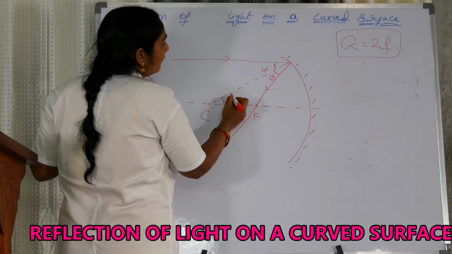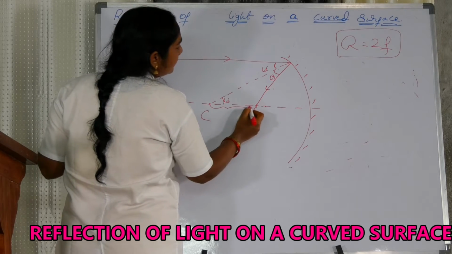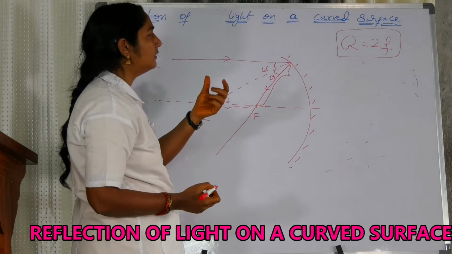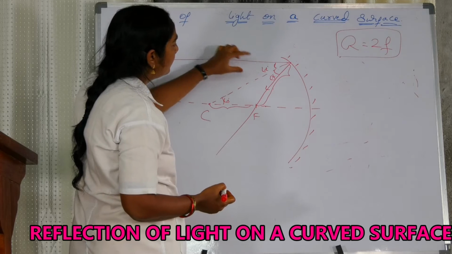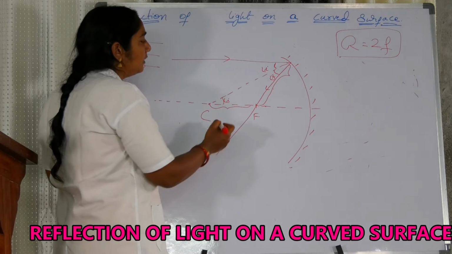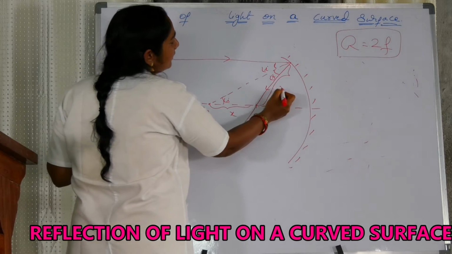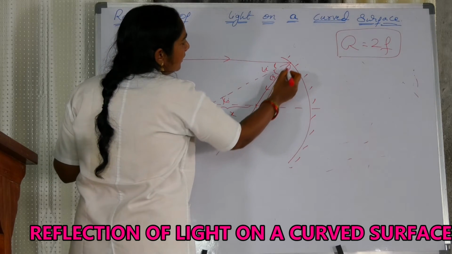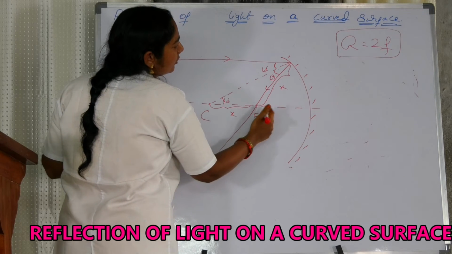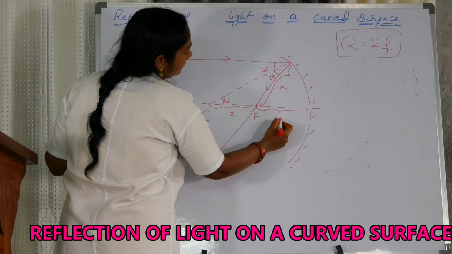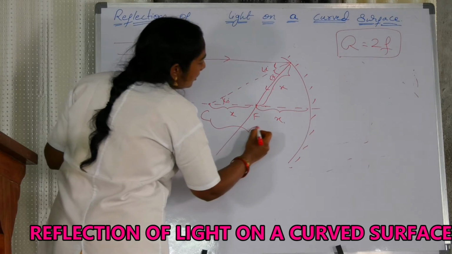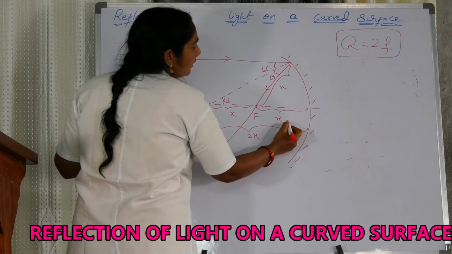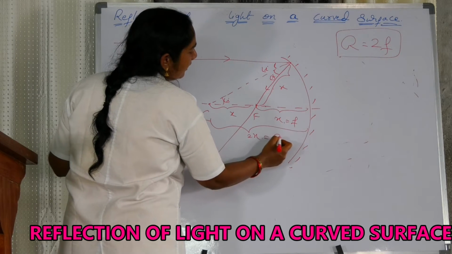So my dear friends, when these two angles are equal, these two distances are also equal. If you take a triangle, if the angles are equal, the corresponding sides are also equal. So this length is x. This length is also x. So now this total length is 2x, x plus x. So now this is f and this is r.